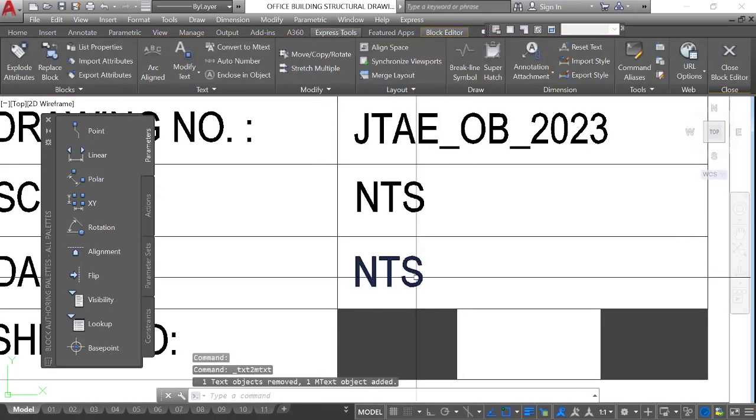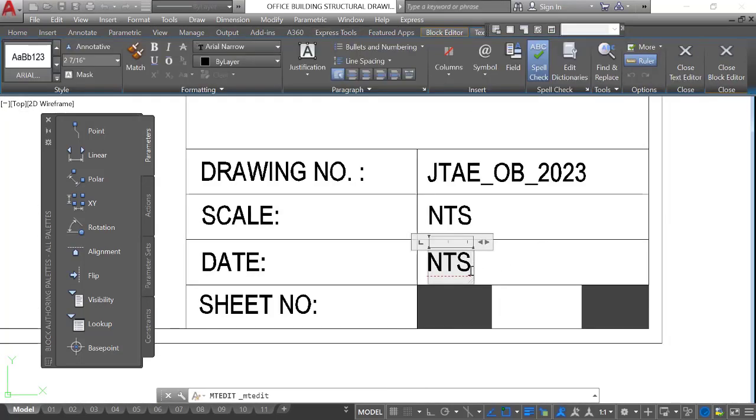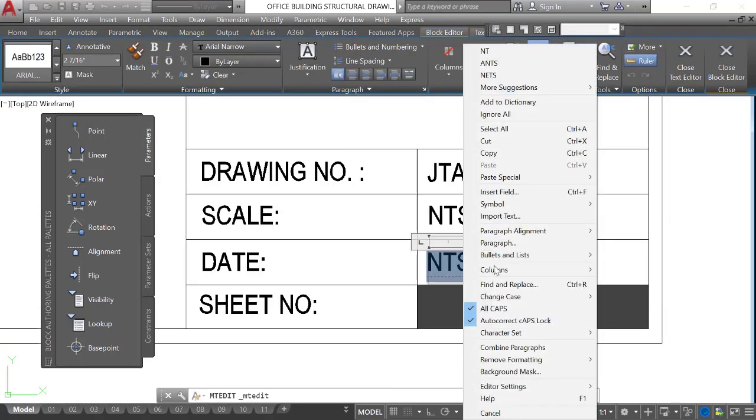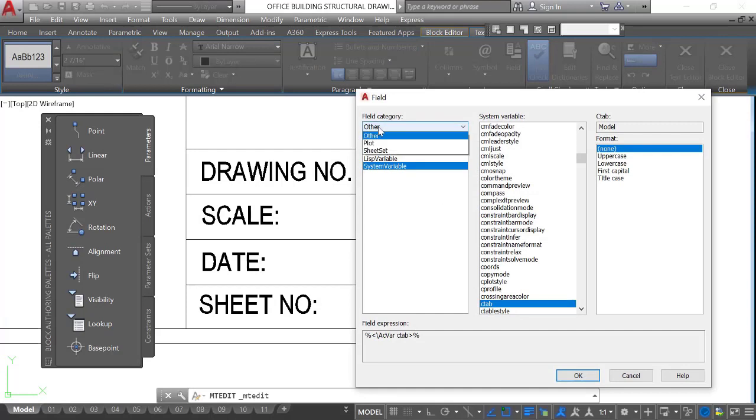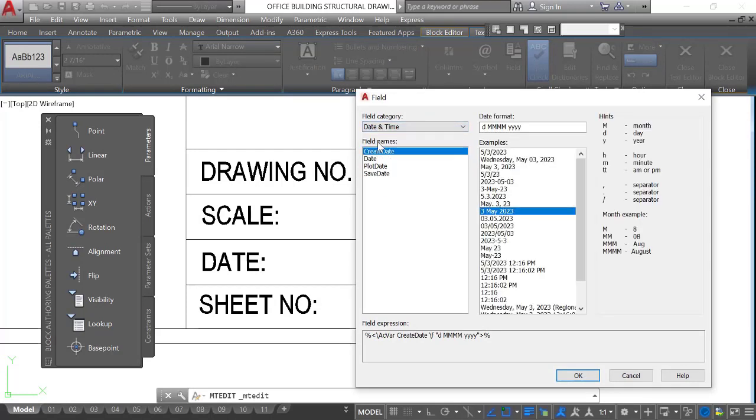Go to Express Tools, convert the text, double click on it and go to Insert Field. Go to Date and Time, go to Date. You may use any one of these. I choose this one. Press OK.